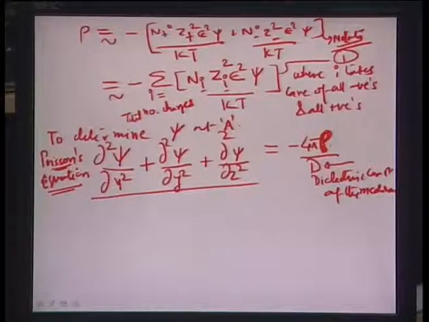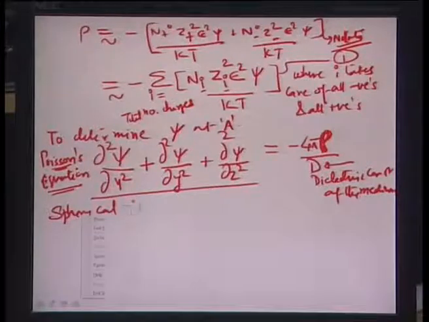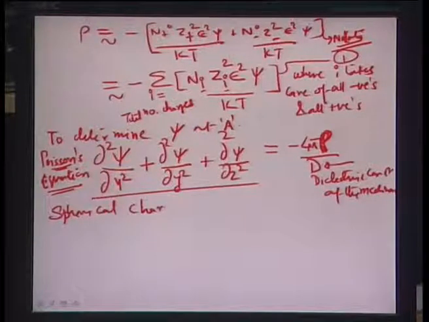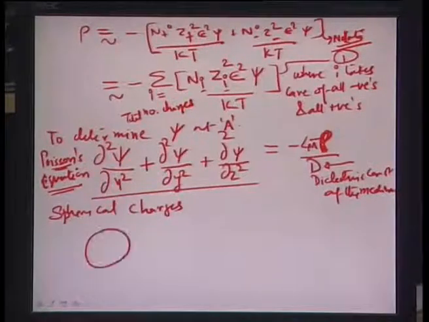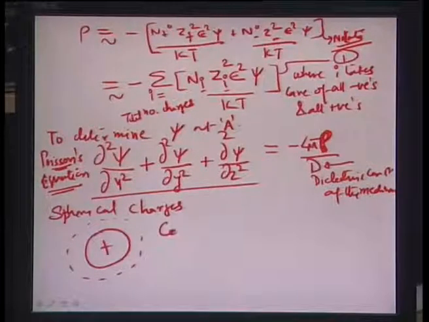The first thing we would like to do, because we are talking about spherical charges, is to transform the coordinates of this equation into spherical coordinates. If you may remember, we were talking about a positive spherical charge and the atmosphere around it. So, we would do a coordinate transformation